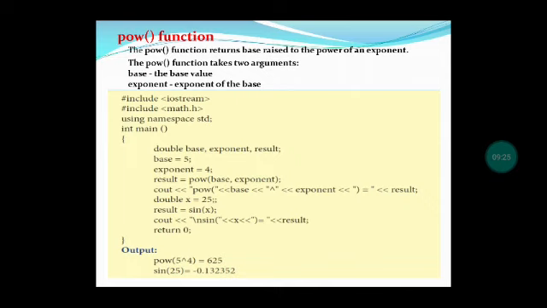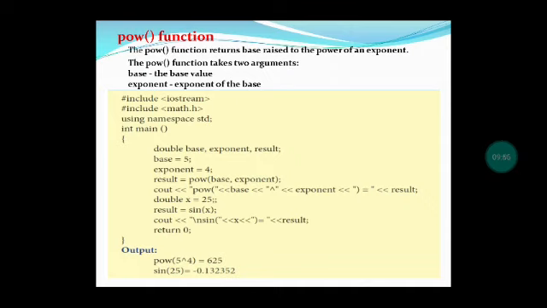In this example, we have used both the power function and also the sine function. Here first we have declared the variables in double as base and exponent result. Base we have given 5 and exponent we have given 4. pow(base, exponent), that is 5 comma 4. That means 5 to the power 4.